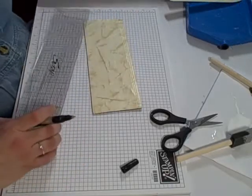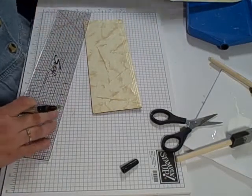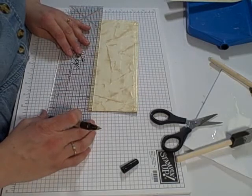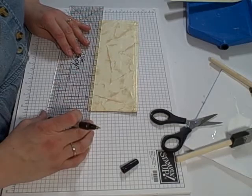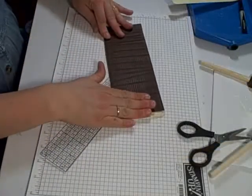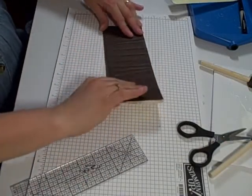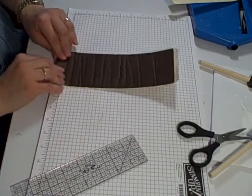Okay, now for the bottom, for this one, I only added 1 line. I thought that it looked better than the 3 lines, but if you prefer 3 lines, that's fine too. And for the bottom, I'm doing it 1/4 of an inch up so that it matches the middle line on the top. Now that I have the inside adhered and slightly dry, we're going to try to create a circle